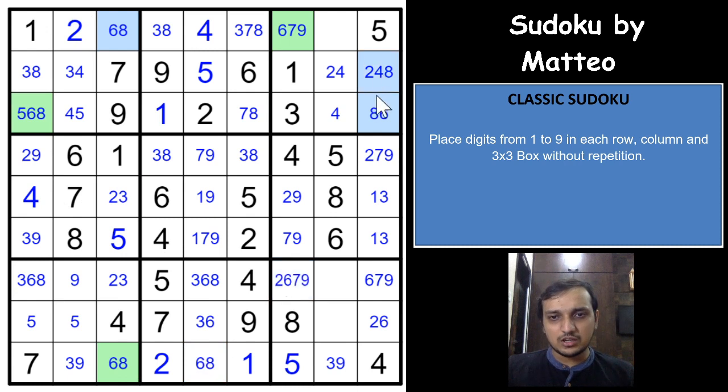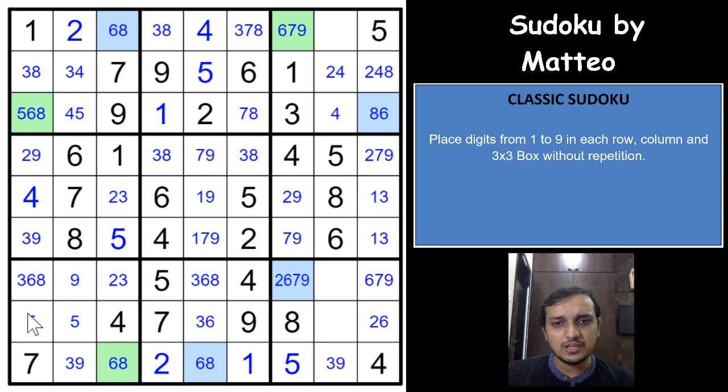I'll just show you what I did here, that's an excellent logic. If I place a 6 here, I eliminate 6 from here, which means this column would have a 6 here, that eliminates 6 from here, that has a 6 here, that eliminates 6 from here and has a 6 here. And the same way, if I eliminate a 6 from here, I would have a 6 here, that eliminates from this cell and puts it here, that eliminates from this cell and puts it here, that eliminates from this cell.